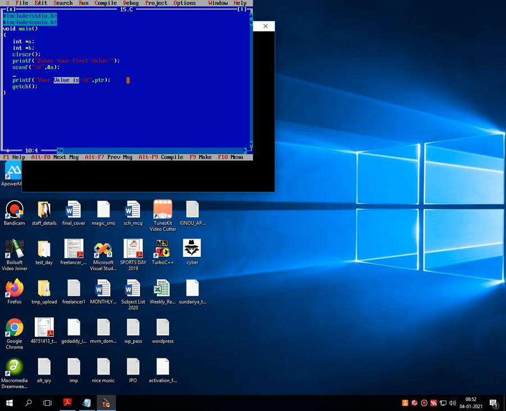Then printf enter your second value, stores inside the variable called b by writing the statement scanf %d and b, and then